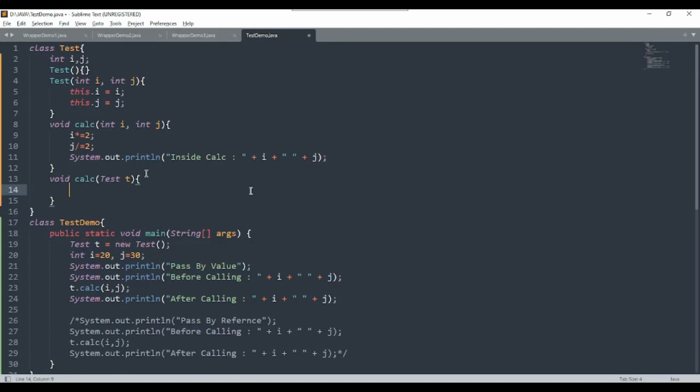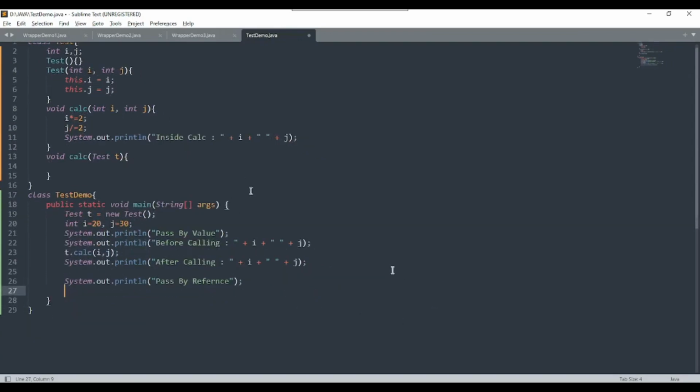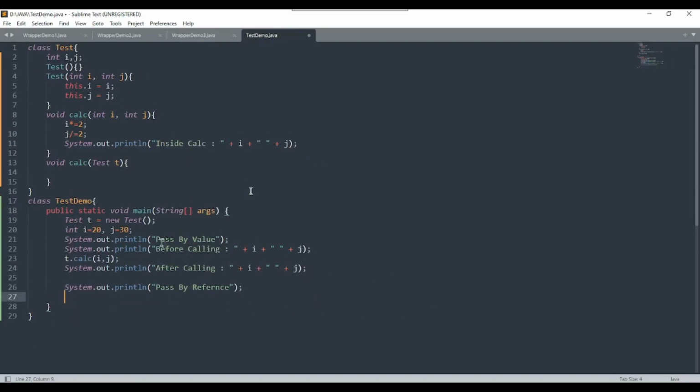This is what we can call method overloading also. Because we have created two methods with the same name, but the arguments are different. So in this calc method I have given the parameter as an object of a class. Test is a class, and we have provided the parameter for the test class. So now, when I call this method, I need to pass the object of the test